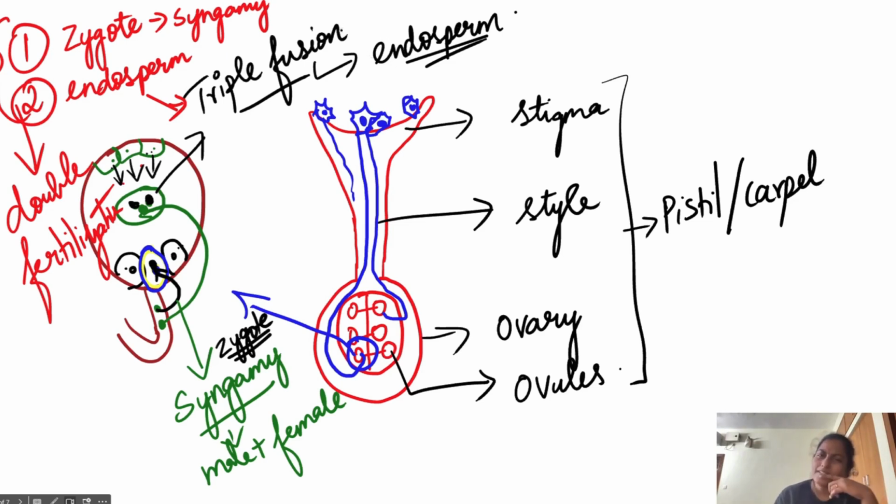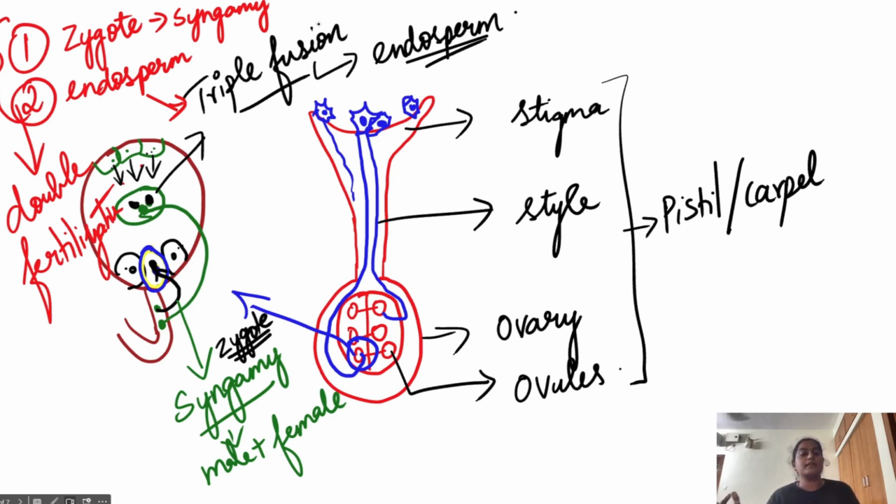Now, what is this endosperm? I'll tell you with an easy analogy. In a human being, when the baby is growing inside the uterus of the mother, who's going to supply the nutrition? Of course, whatever the mother eats goes to the baby. But who is extracting the nutrients and giving them to the baby? There is a temporary organ which forms. Such a fascinating topic, right? There is a temporary organ which can arise in a human being, which can support a life. That is the placenta. The placenta develops when the child starts to develop inside the uterus. This placenta derives the nutrients from the mother and gives them to the baby. The same function the endosperm does for the plants.